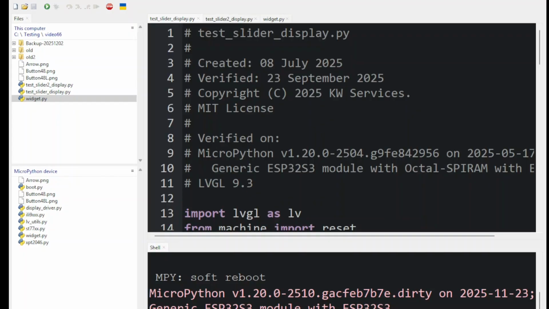We will walk through 3 programs. The test slider display program shows the simple statements needed to display a slider widget and control. The test slider 2 display imports GUI objects from a separate module called widget. The widget module contains class definitions for custom LVGL widgets. This encapsulates the code, making it easier for a developer to apply the custom widget to a project. The widget classes are simple, and if needed, a developer can further refine the object in their project. Let's look at the first program,